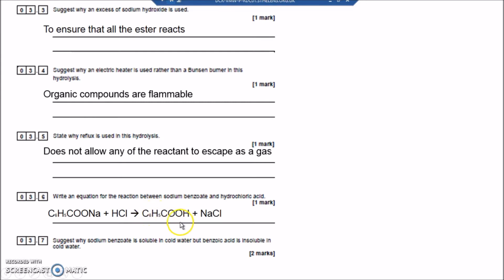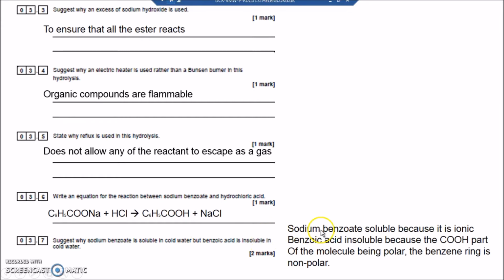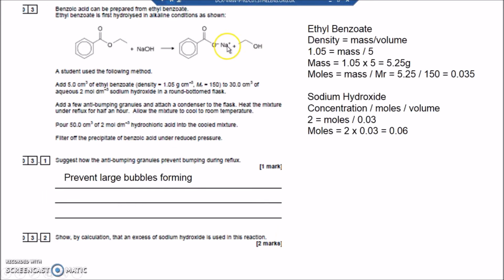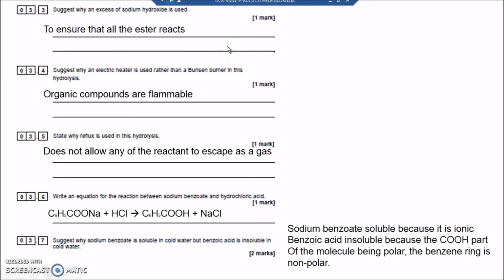So it's a benzene ring with a carboxylic acid. Suggest why sodium benzoate is soluble in cold water, but benzoic acid is insoluble in cold water. Sodium benzoate is soluble because it's ionic. So you've got a clue here that you've got a plus and a minus charge. If something's ionic, it tends to dissolve in water because water has got polar charges, because the oxygen is more electronegative than the hydrogen. So you get delta pluses on the hydrogen and delta minuses on the oxygens in water. And so something that's ionic can form intermolecular bonds with that and tends to dissolve, whereas benzoic acid is insoluble because